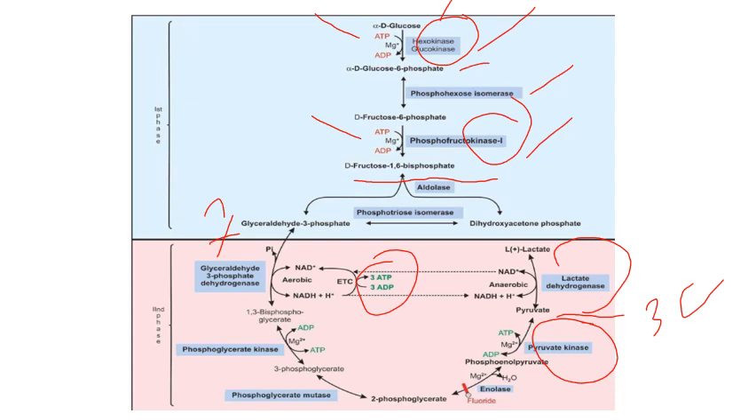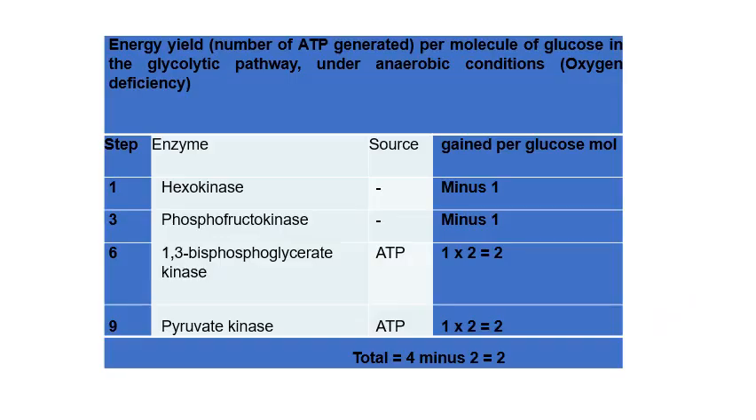So this is overall the glycolytic pathway outline. Remember, once you write this properly, there is no need to write the steps again and again. Now regarding the energetics. This explains oxygen deficiency, that is anaerobic glycolysis. In anaerobic glycolysis, you have to remember that the